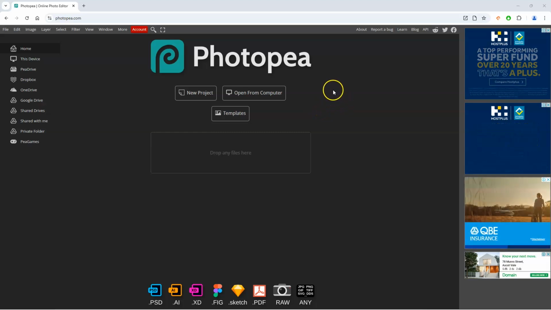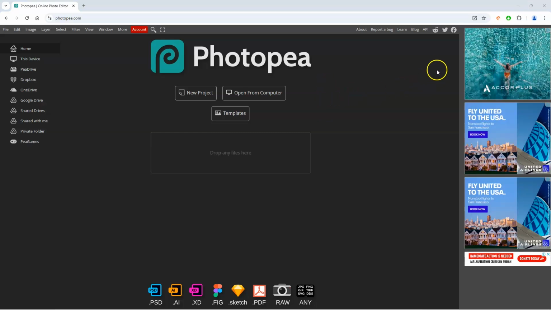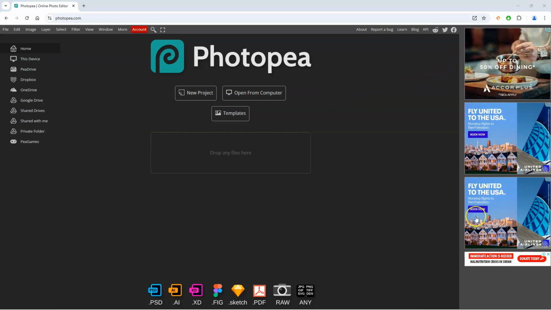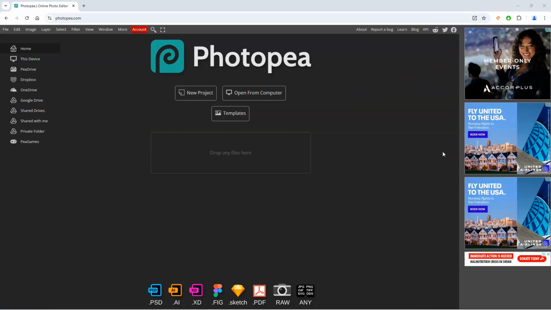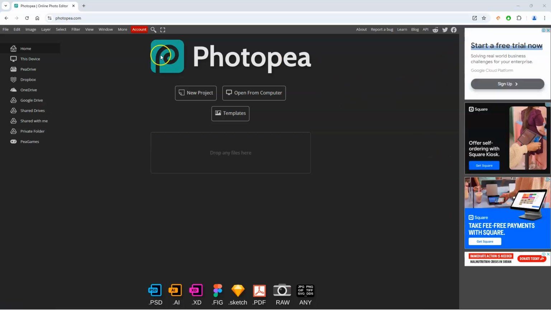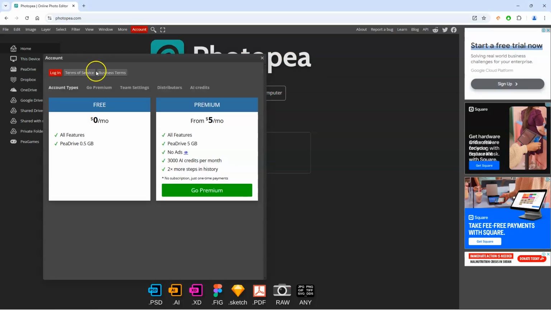There are two options for using Photopea. The free version does have ads showing down the side. However, if you prefer not to see these ads, you can sign up for a very reasonable monthly fee to have them removed. To get started with Photopea, go to